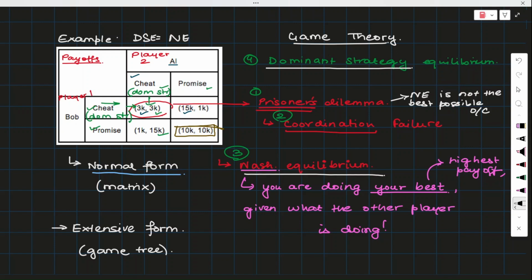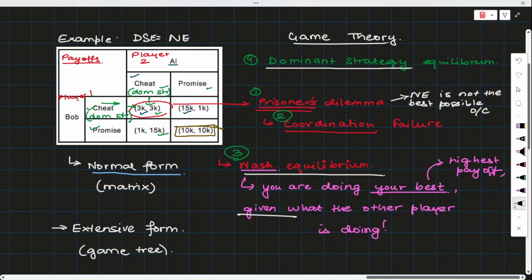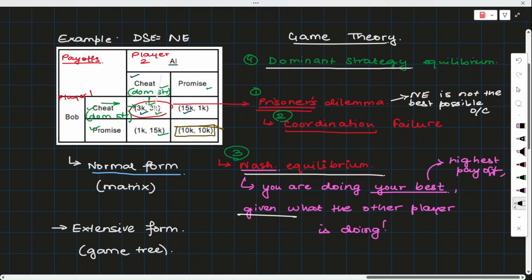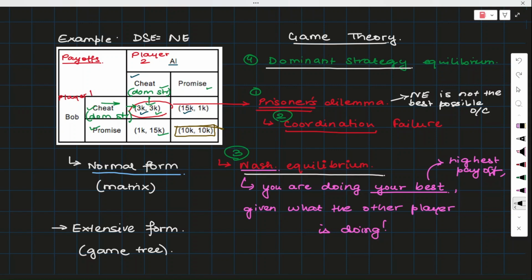The next thing that we found out is there is also some involvement of coordination failure. The third is this particular equilibrium that we have. Again, we will discuss about it in greater details. This particular equilibrium in our case is a Nash equilibrium, where every individual is doing their own best given what the other player does. And the fourth term that we find out here is, it is also a dominant strategy equilibrium. Why? Because it is the point of intersection between the two dominant strategies for each of the two players. So now that you have a brief idea about, at least, the normal form explanation of a game theory, I will be discussing each of these terms in greater details in my future videos.